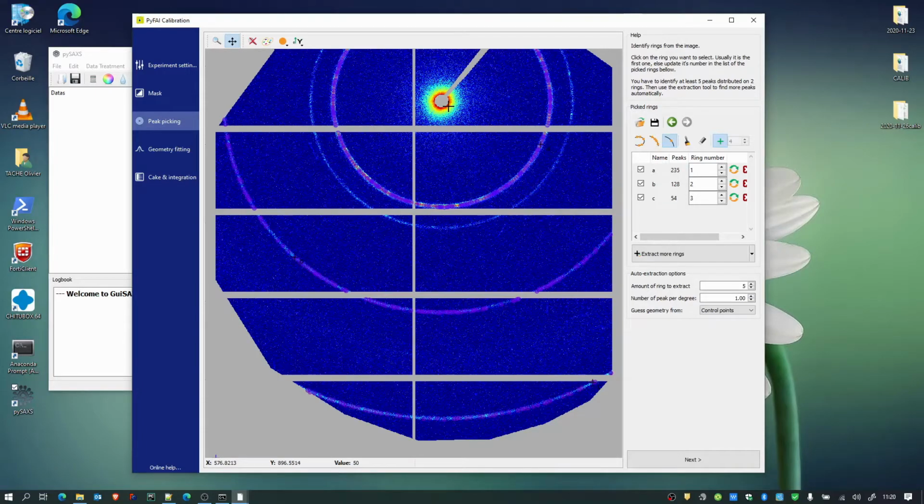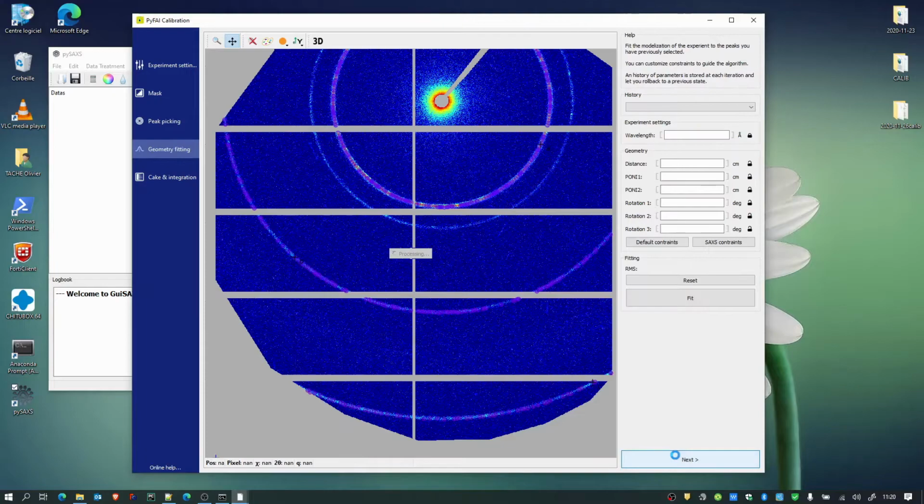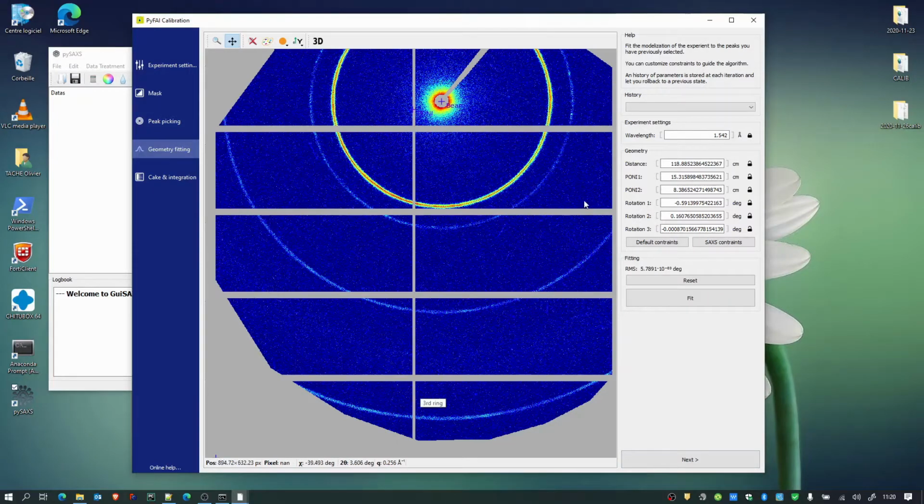This is the last step, the geometry fitting. So this tool will try to fit a geometry on the rings. We can see one ellipse and we have the geometry defined. So here we are exactly on 118 centimeters. So next step,